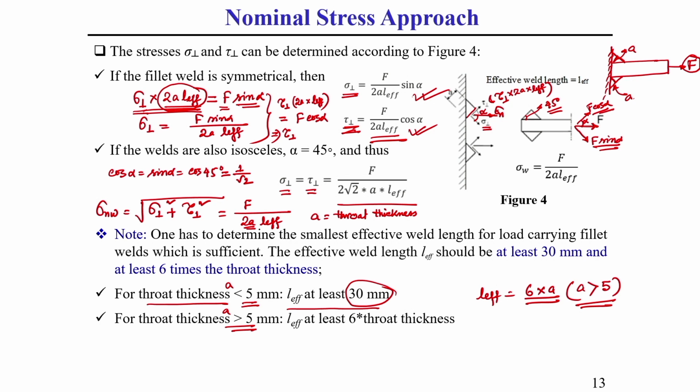This way we can calculate sigma n w, which is now known to us. Sigma n for simple geometry and how to calculate it is also known to us, as is toe fatigue life estimation. Now, in the next lecture I will discuss how to find the FAT value. After that I will solve some problems on the nominal stress approach, then our concept will be very clear. So, thank you.